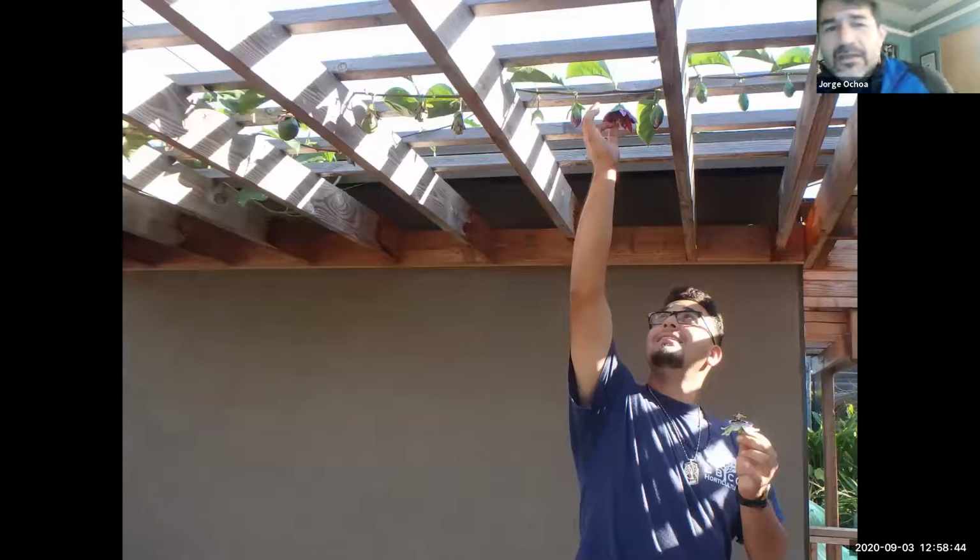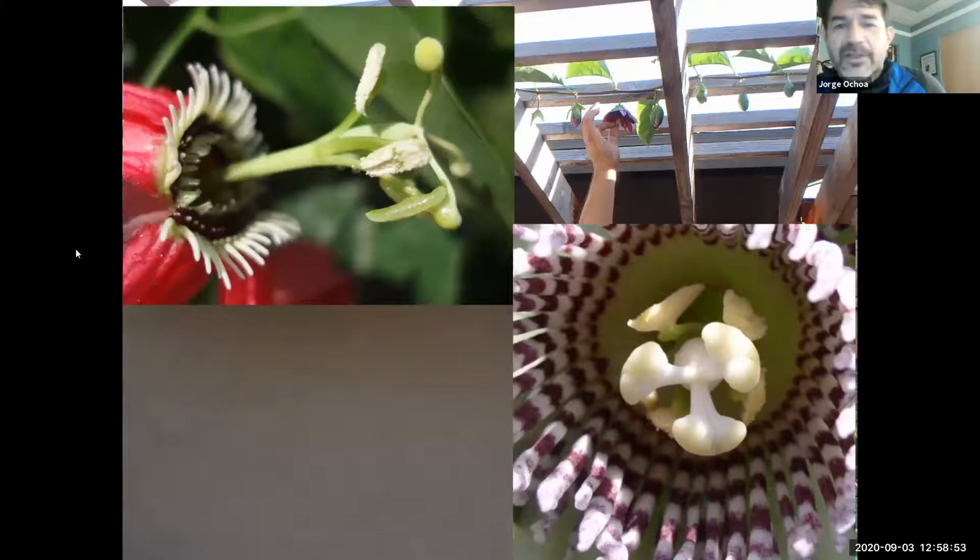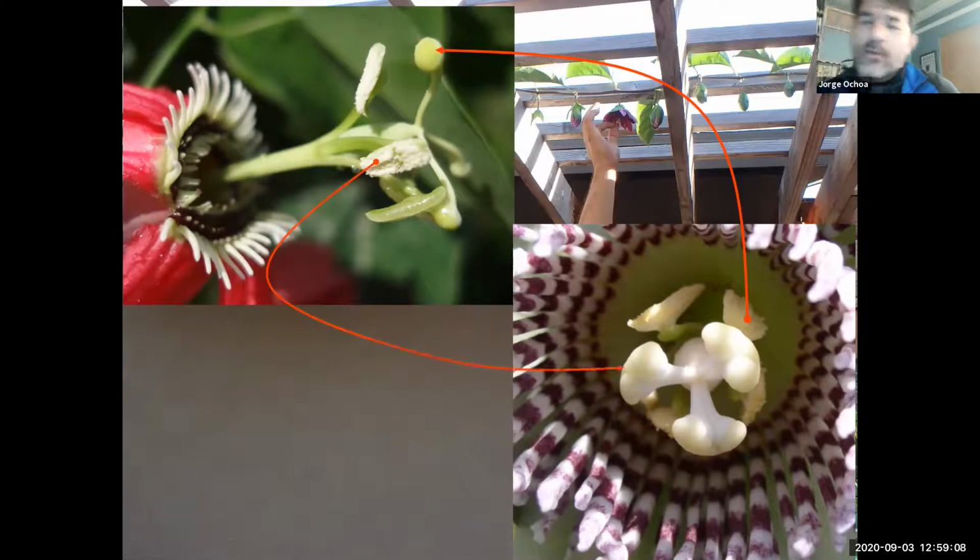So from pollination, then we can go into hybridizing. Regardless of how the pollen gets transferred, you may have what is known as a hybrid. Hybridizing with passion flowers is very simple. You find two different species, and then you take the pollen from one plant and you deliver it to the stigma of the flower on the other. And if you do the opposite, if they're compatible, then they'll produce a fruit and some seeds. You grow those seeds, and they'll have the characteristics of both of those individuals.